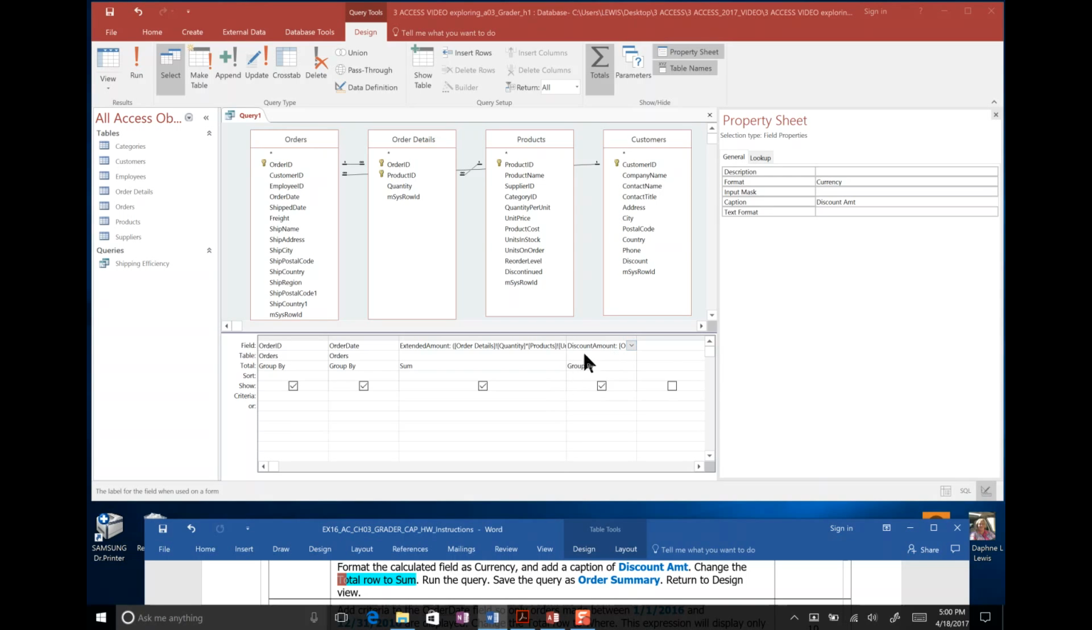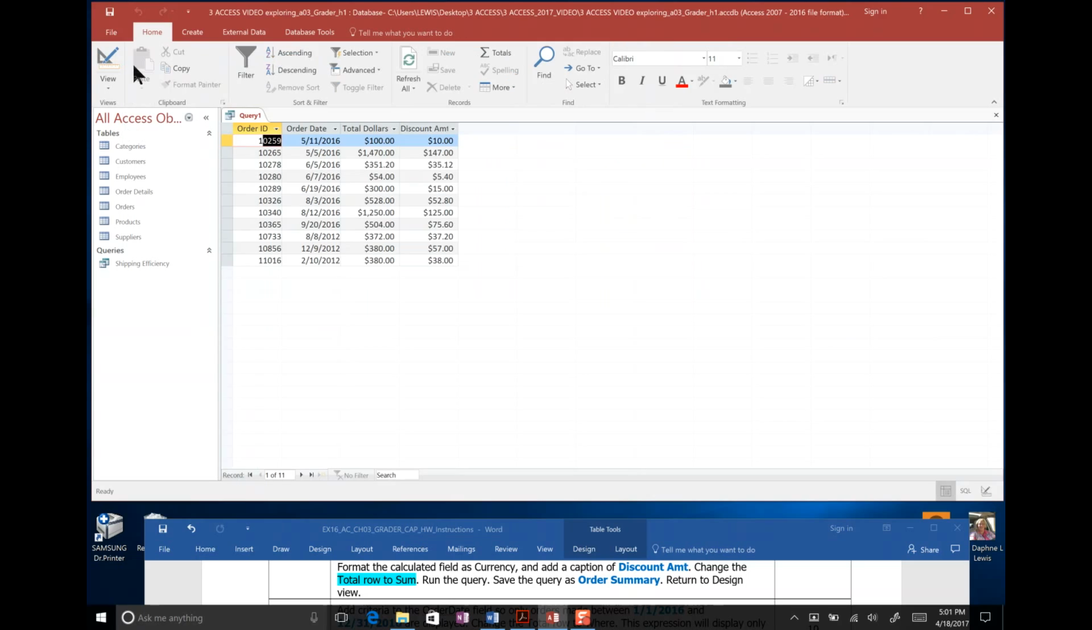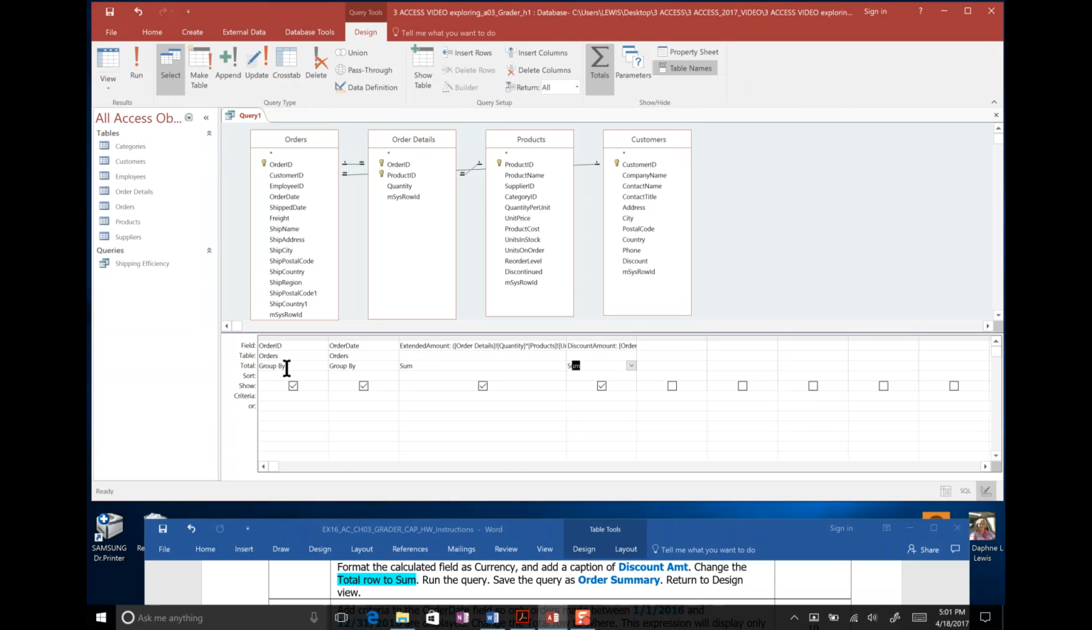So we're going to come back here. It's group by. There's our total row all the way across. And we're going to click that and go to sum. Run the query, save the query. I'm going to go ahead and close the property sheet. Just makes it a little neater. Hit run. And there's our discounted amount in currencies and our total dollar amount in currency formulas. And then we go and return to design view. That is the end of